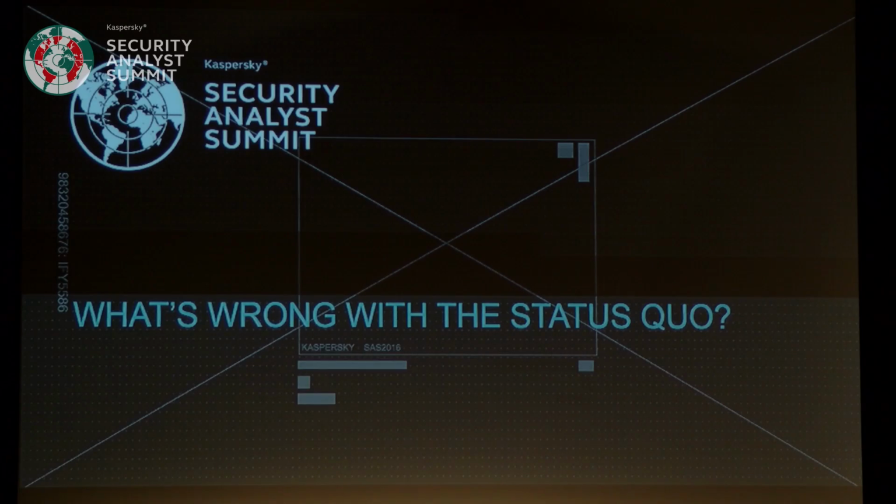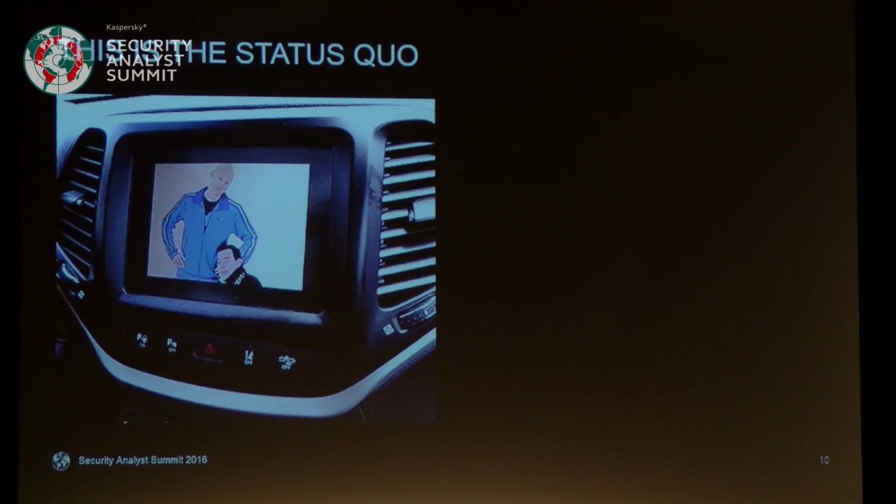So the next question is, well, what's wrong with the status quo? I mean, we've had this disclosure conversation a billion times. We've got all those policies you've talked about. Do we really need to rehash this again? Clearly the problem is trust. The policies are probably just fine. We'll eventually grow into them. And the problem with the status quo is that this is the status quo.